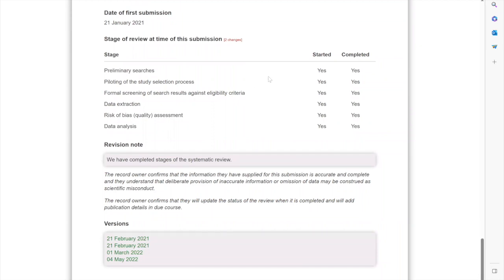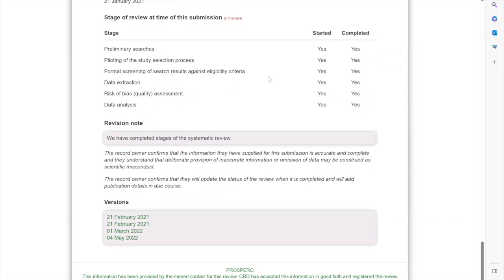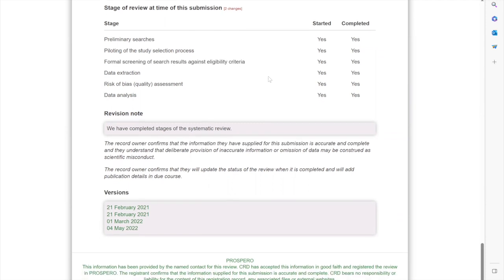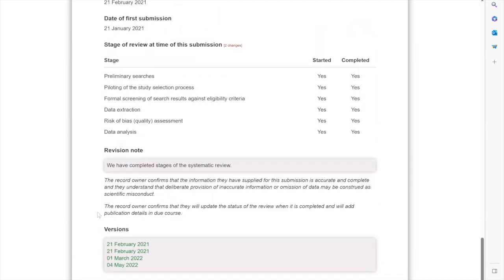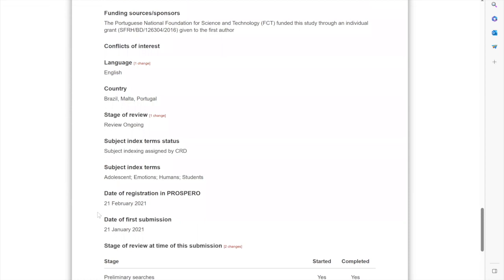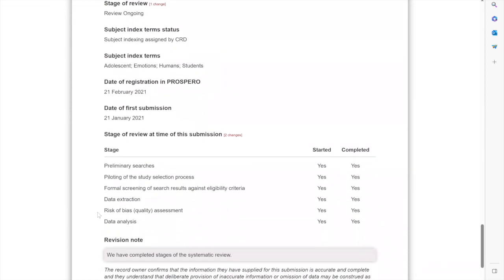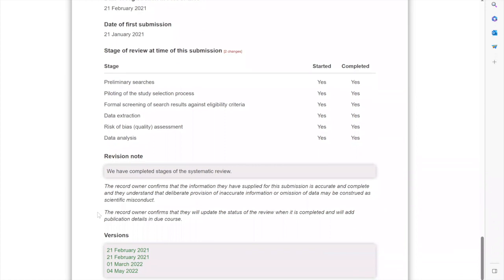pre-registration about the stage you are in. So, for instance, if everything is completed and someone wants to do something that is based on your findings, maybe you can contact the authors. And in the end, we have the versions. For instance, we started with a version in February 2021, but then we wanted to update it. And in our case, we updated it with some aspects in our questions, in our coding, and in the selection of articles, but also in the stages.